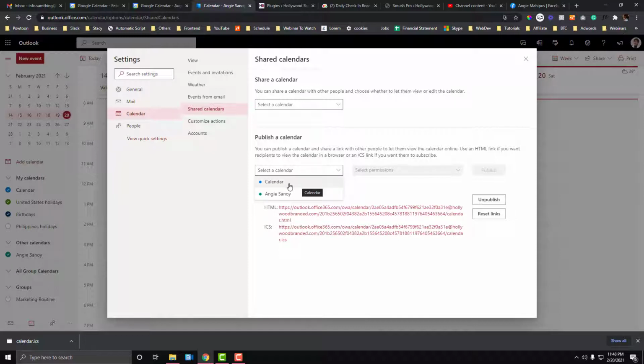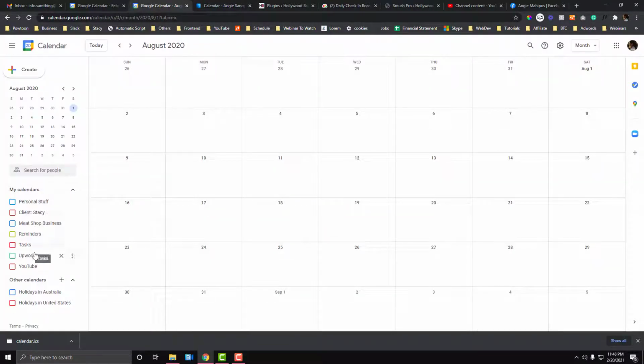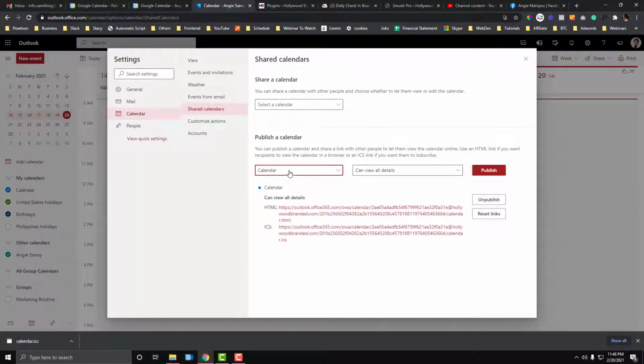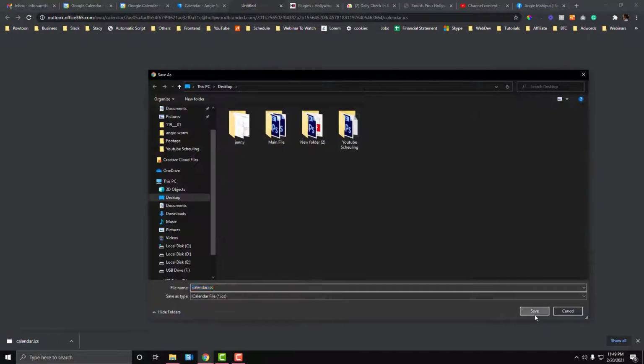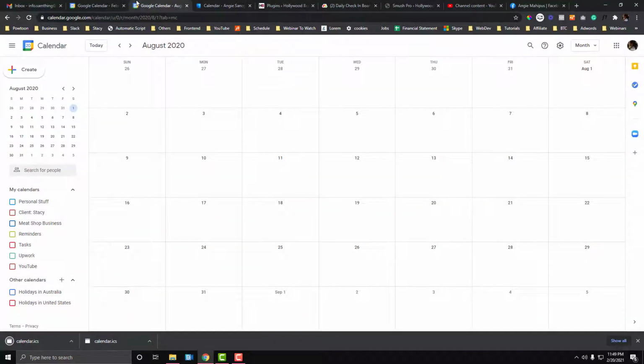Is it okay, calendar or my this one? So this one is similar to the category or this calendar category that we created. Okay, so to do that, after you select your preferred calendar you want to export, right click and then download the ICS. Okay, so after that, if you want to import that in your Gmail,